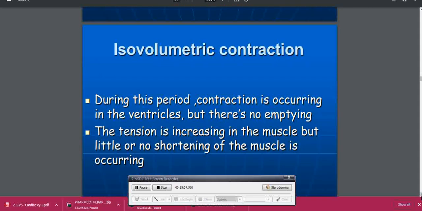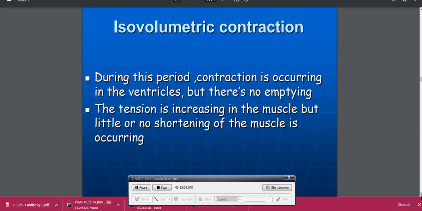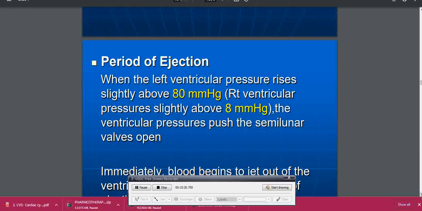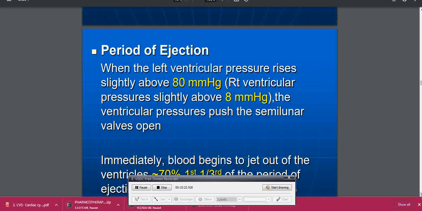So during isovolumetric contraction, contraction is occurring in the ventricles, but there is no emptying, so the tension is increasing in the muscle, but little or no shortening of the muscle is occurring. Then comes the period of ejection, when the left ventricular pressure rises slightly above 80